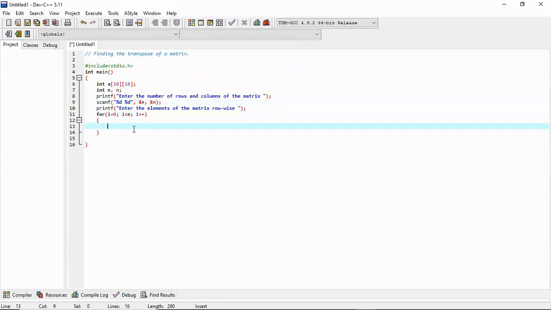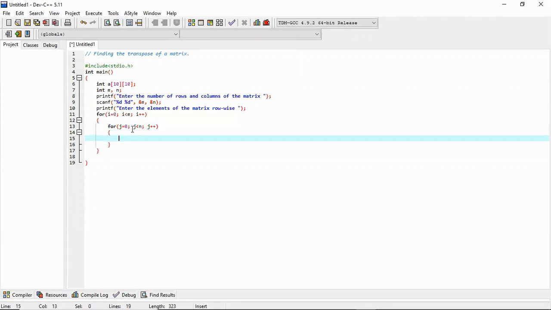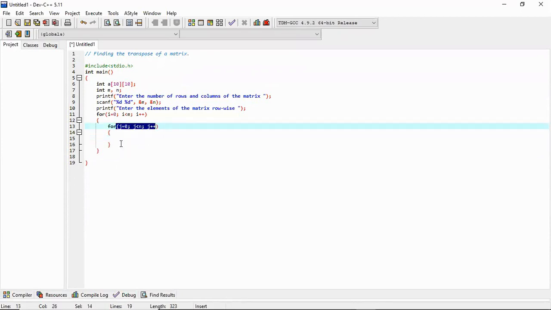Then we should have another loop here for the columns. Let us use j for that. So again, j will start from 0. It will run to n, which is the number of columns, j plus plus. Then this will control the column iterations.